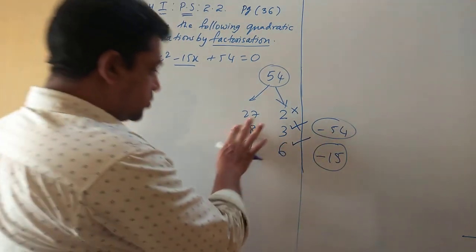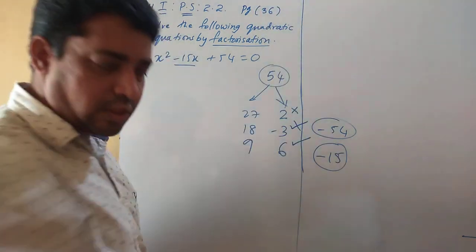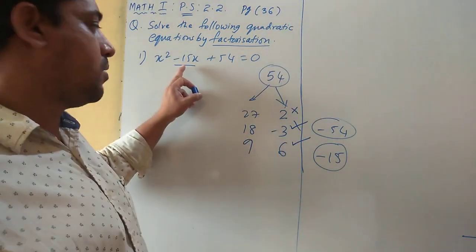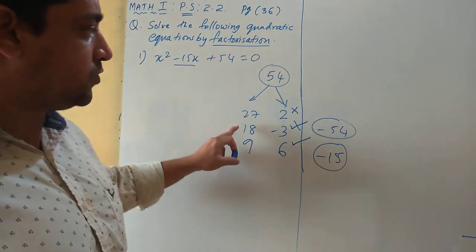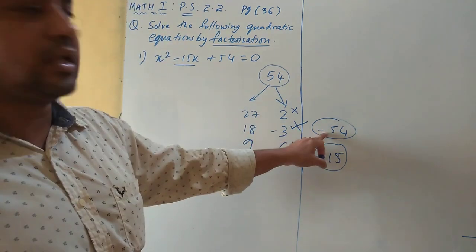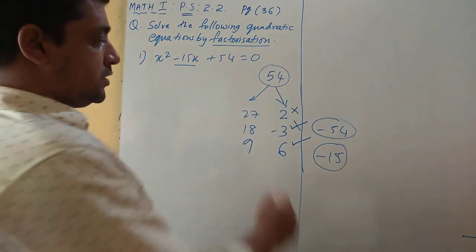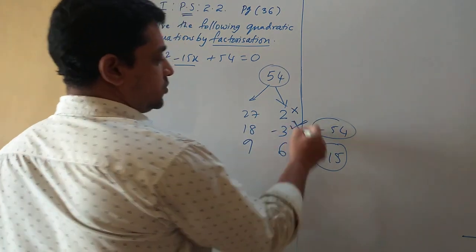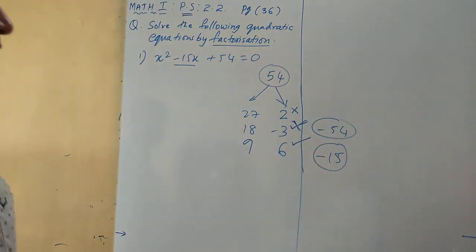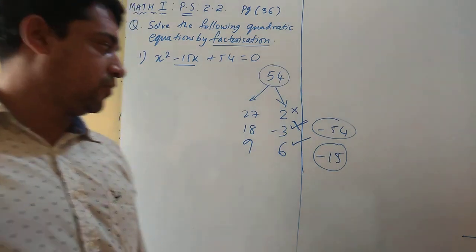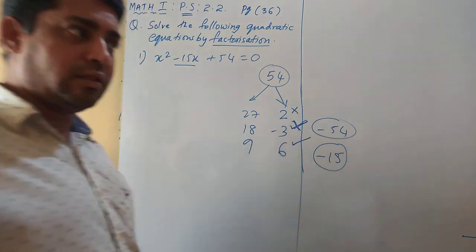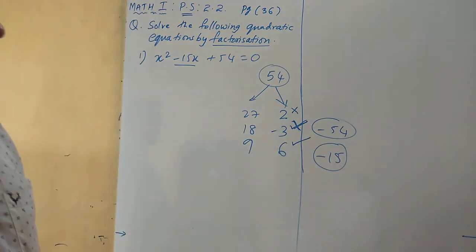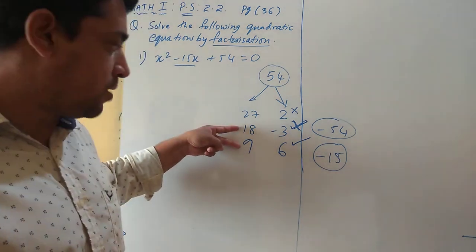If I take negative signs, you might say, sir, take 3 as negative. Okay, no problem. I am getting 15, but I am not getting minus 15. Plus I am getting again minus 54. That means this is not the correct solution. We don't need negative 54. We want positive 54. So again this is not a correct pair. Is it clear? This is how we'll have to check when we have more than one pair.